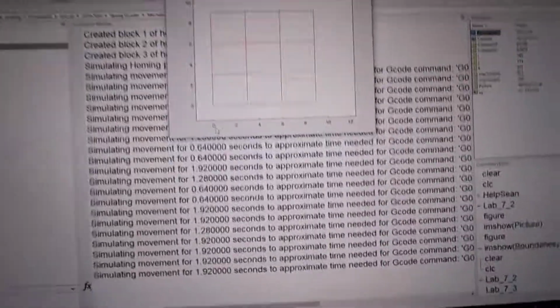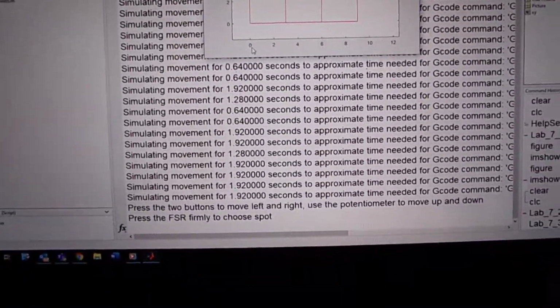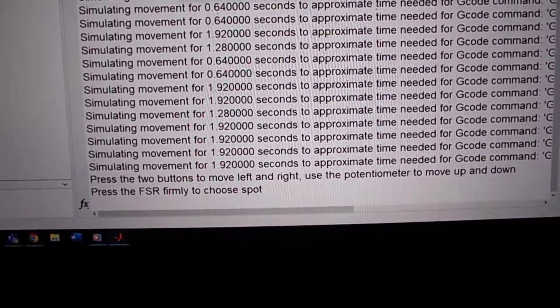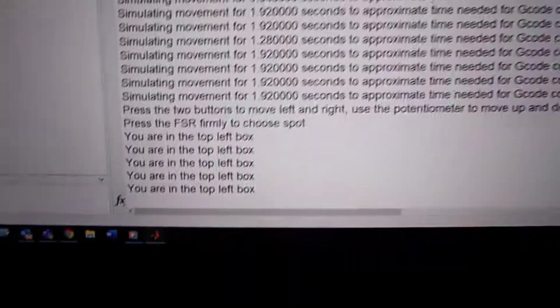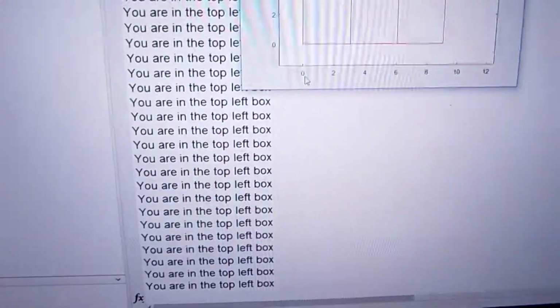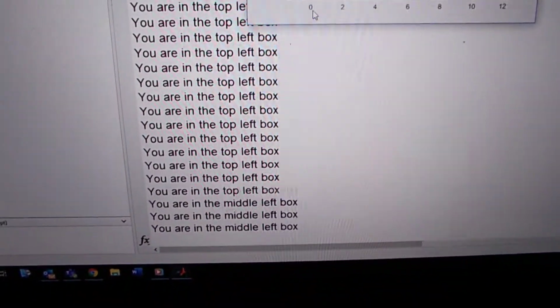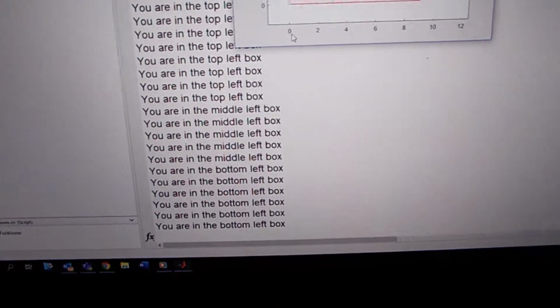Drew the table. Then it gives me those prompts. I'm in the top left box right now, and if I move my potentiometer over here, I'll go to middle left, bottom left. I'll want to be in the middle, and then if I push one of my buttons,